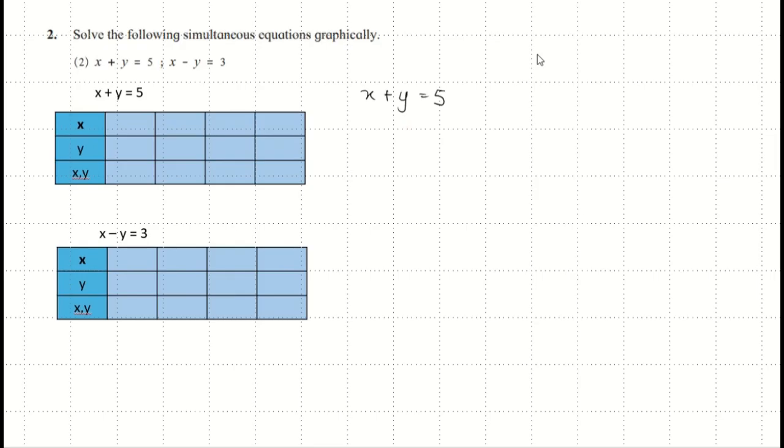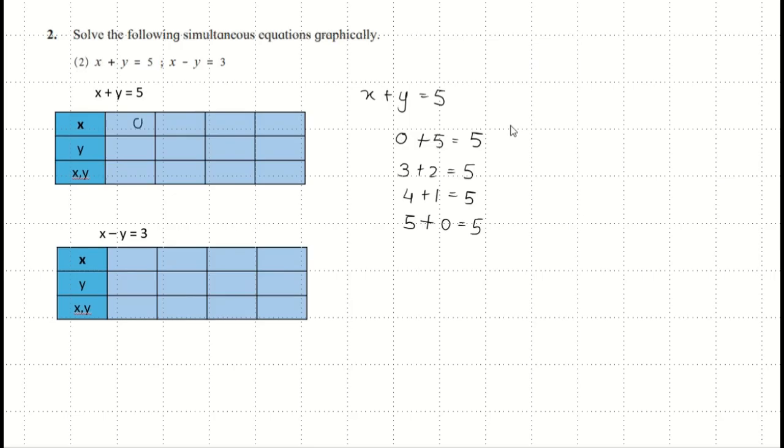First equation is x plus y is equal to 5. We need to find numbers which on addition give 5. The possible ways are 0 plus 5, 3 plus 2, 4 plus 1, and 5 plus 0, all of which equal 5. So on addition of these numbers, as it is x plus y, we are getting 5.